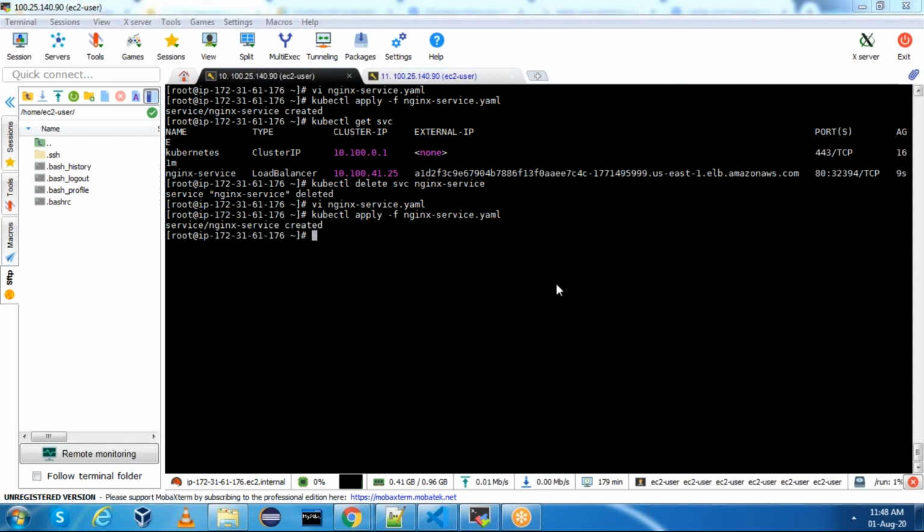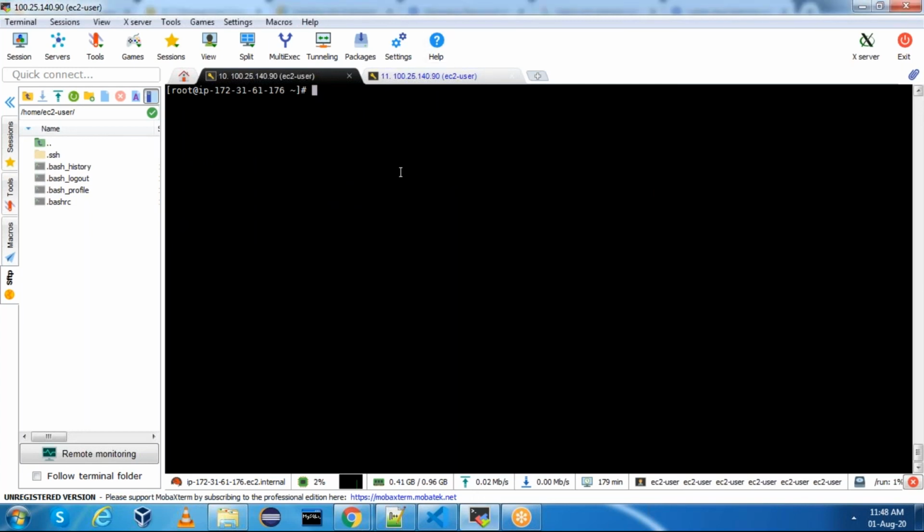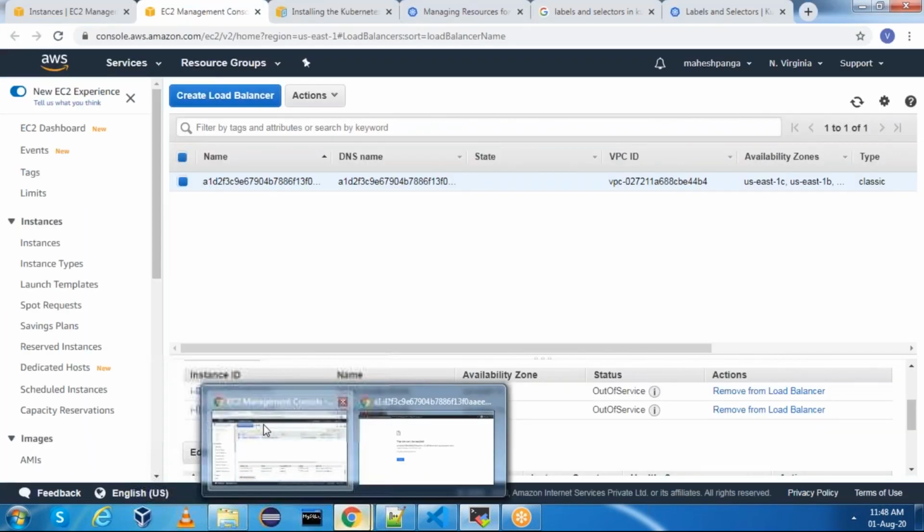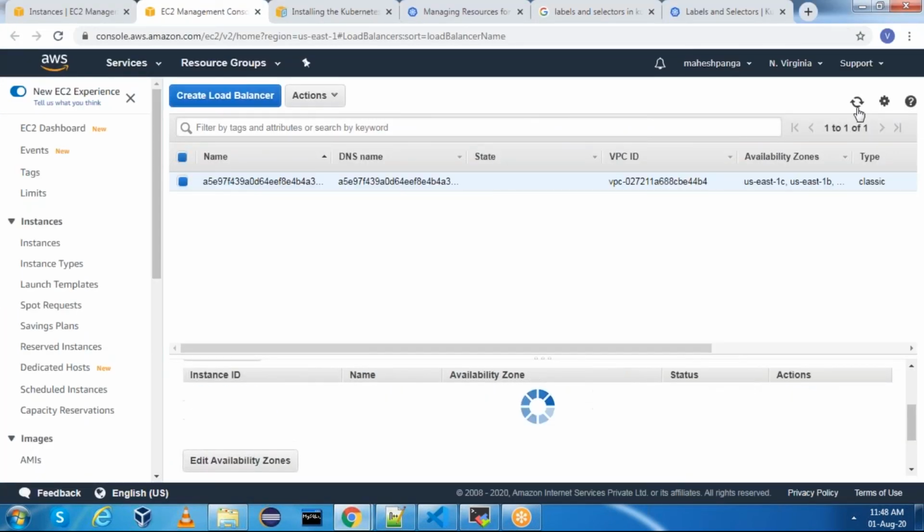Fine. Now let us see kubectl get service. This is the service, and we will go to the load balancer section and see whether they are in service or not.